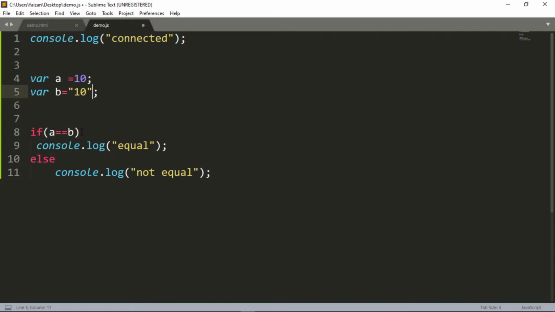Now if I go ahead and just simply write a third equal to sign, equal to equal to equal to, in this case,